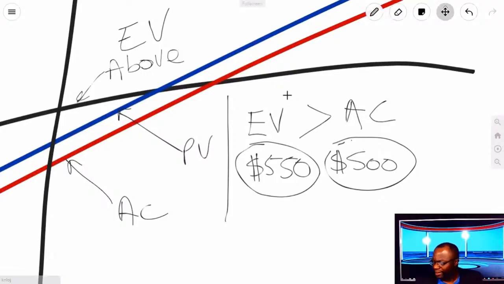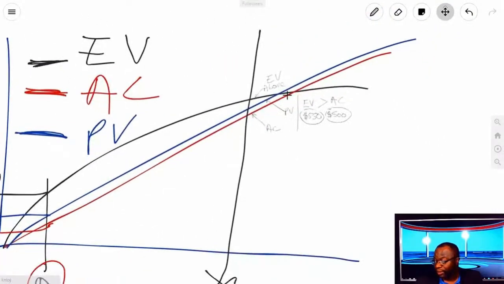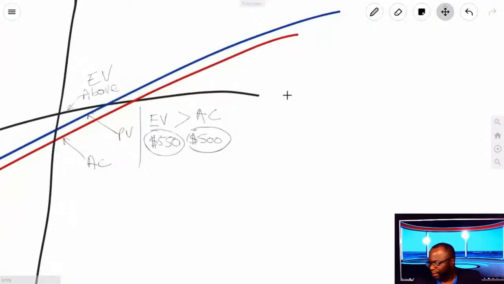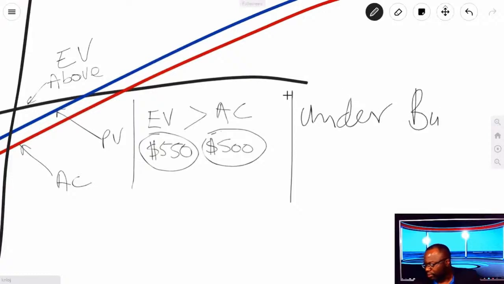And it's not that dramatic. It's not that bad, the variance. I mean, if the variance was massive, then management might be very concerned. But it's not too bad, all right? So the first statement you're going to make is, I'm under budget. It's kind of like an oxymoron. If the EV is above everything else, or above AC in particular, you are under budget. If EV is on top, you're under budget. Makes sense? But if it's below, you're over budget.